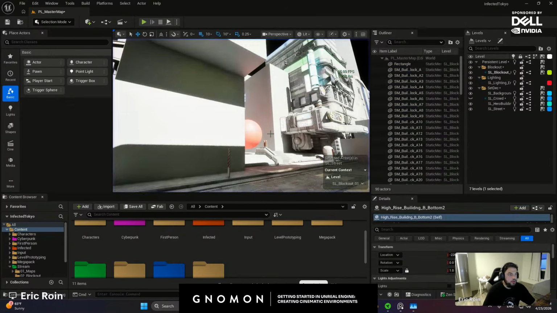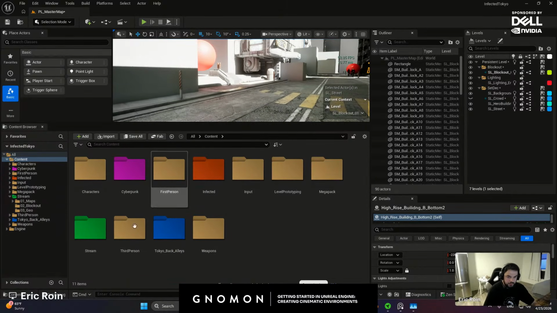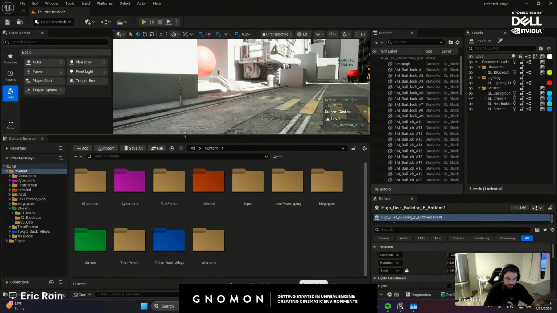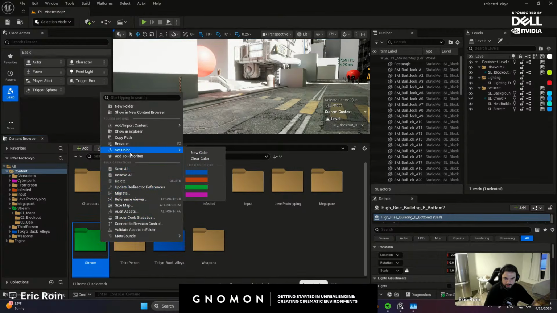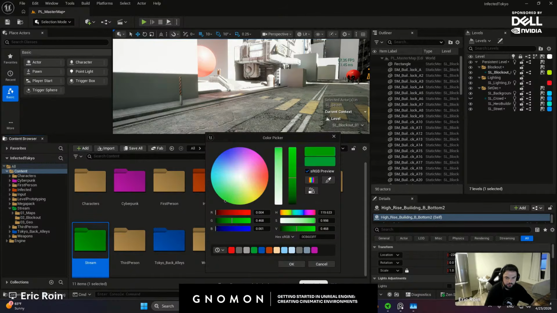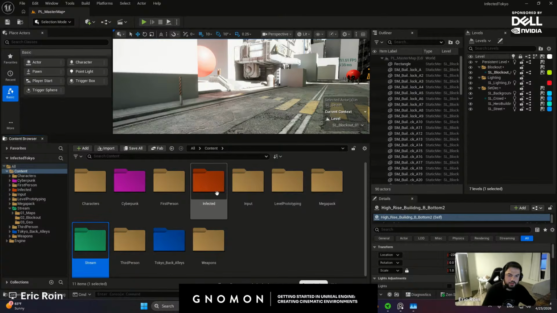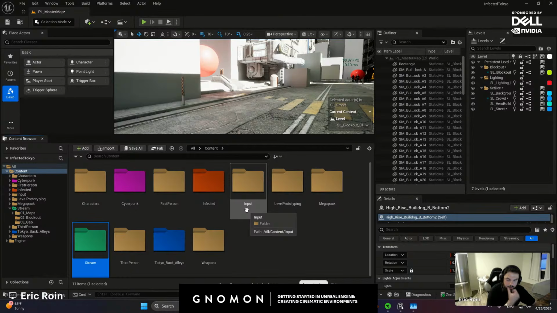Cool. All right, so this is roughly my setup. As you can see, I went ahead and colorized my folders, so you can actually give them a color. If you right click on a given folder, for example this stream for today, I went right click, set color, and I can give it some kind of color, just made it a normal green. That's very easy to navigate. Maybe you have specific colors that represent geometry, specific colors that represent materials. Geometry is usually blue, materials are usually green, but you can make any colors you want. Especially as the content browser gets really busy and heavy,